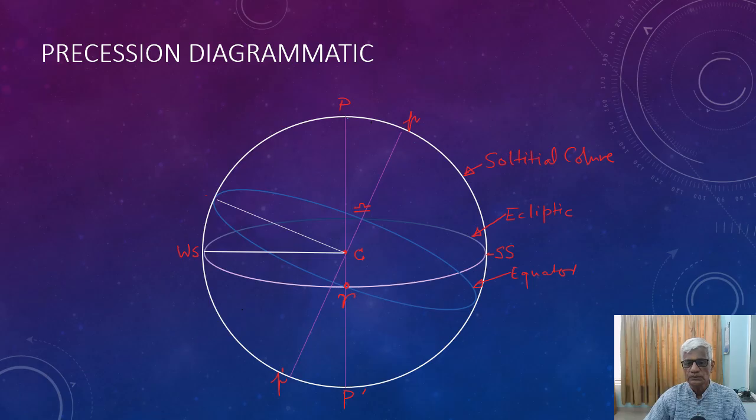Now we know that when you observe, since daily the earth is rotating around its own axis, all the heavenly bodies seem to revolve around it. So if you assume this as an arctic circle of the celestial sphere, then you will see that this pole of the ecliptic will slowly go around. Every day it will go around the pole.